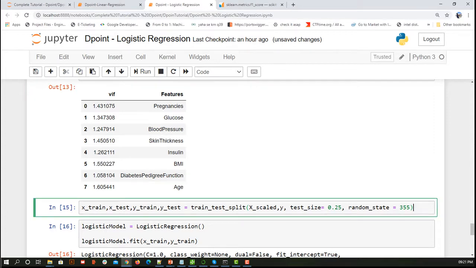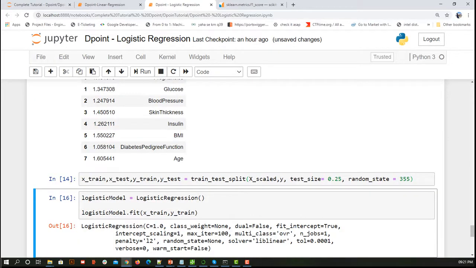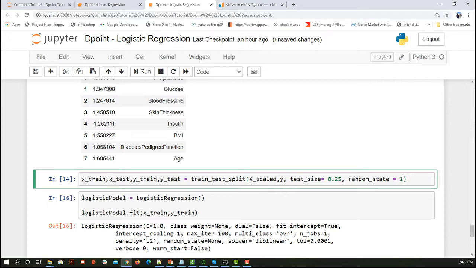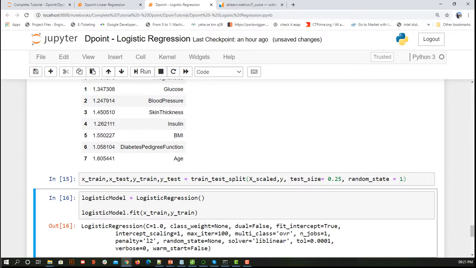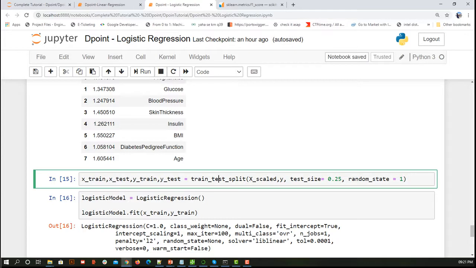Let me distribute my data. If you don't know the random state, that is fine. The only statement I can make about it is that everything that is random is not actually random; even random numbers come in some pattern. So here I distributed my x, that is my input features, and y into 4: x train, x test, y train, y test.